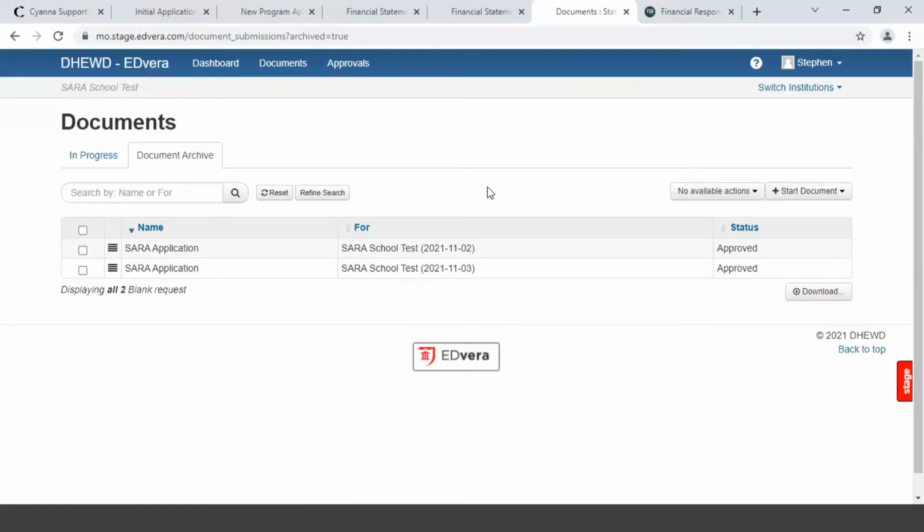It's just letting you know, okay, you've been approved by your state, but now you have to make your payments so that you can be approved to participate nationally. Lots of new SARA primary contacts aren't aware of that, and they think they just renew with us and they're done. It is a two-step process, so I'm going to make sure I add that information to our user manual for EdVera.